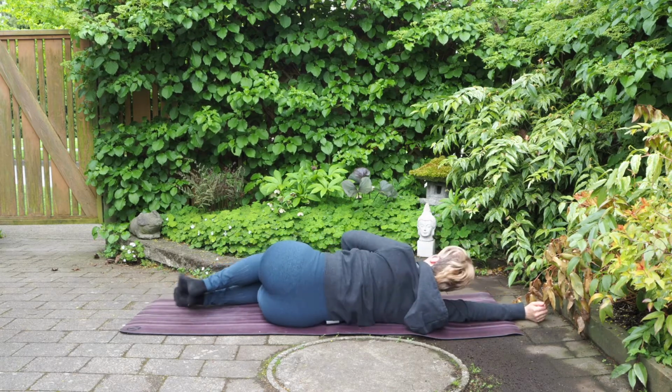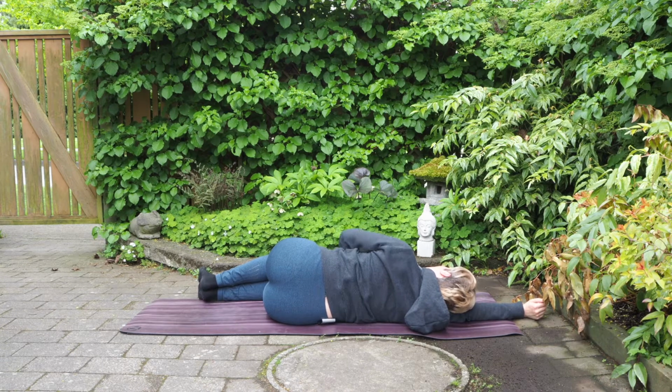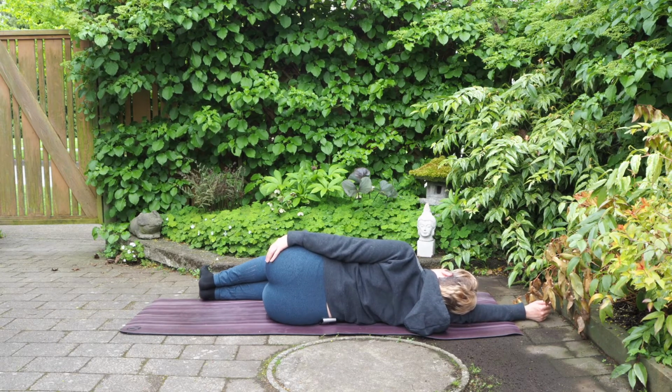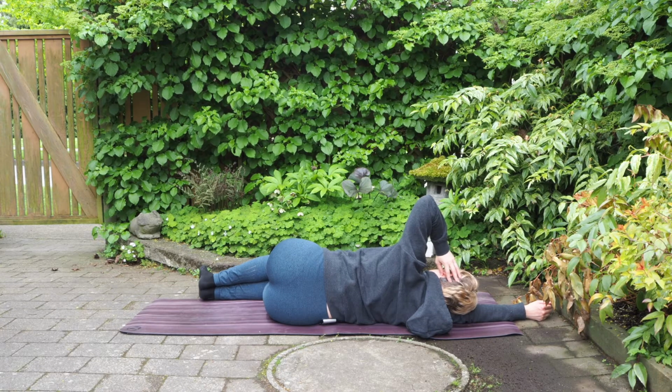Again, set yourself up as if you're sitting in an imaginary chair with your knees coming out in front of your hips and your feet below your knees. Nice right angle there. Bring your top hand to your ear, elbow facing up. Inhale, relax. And exhale,